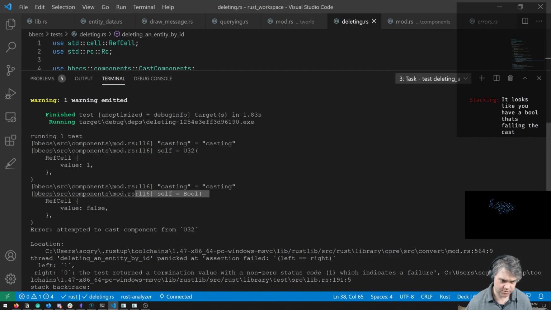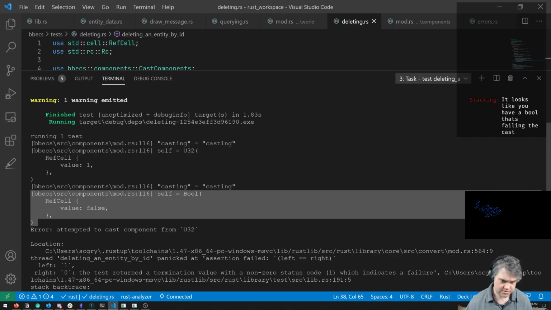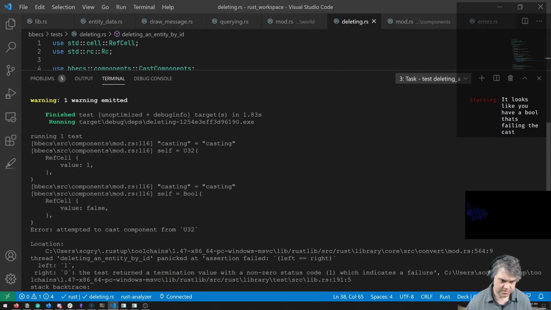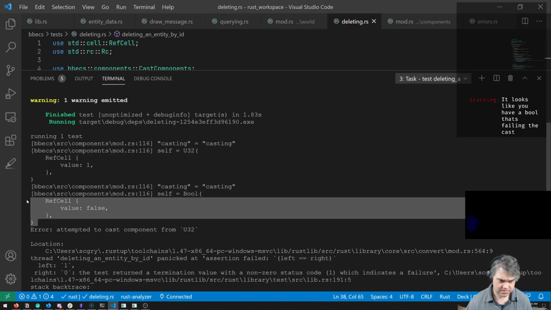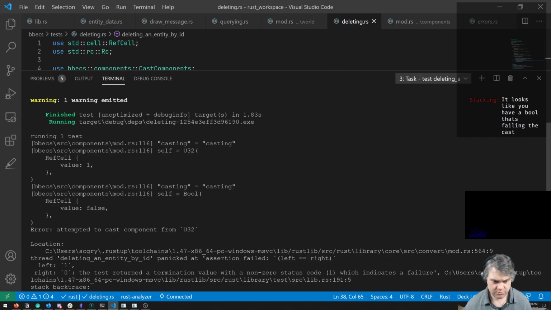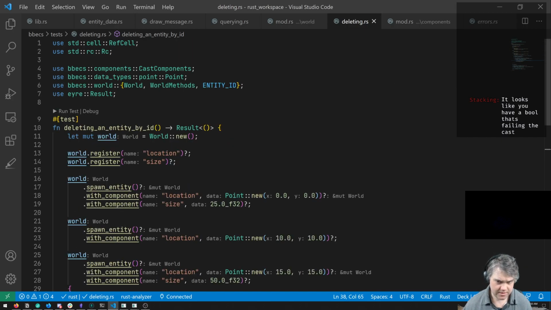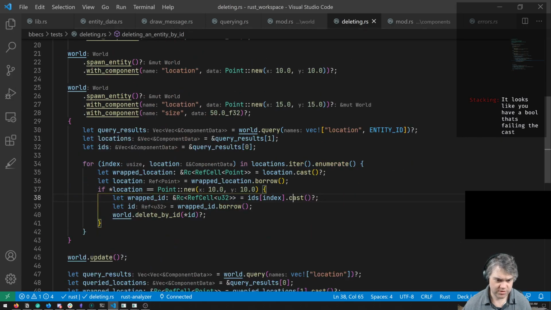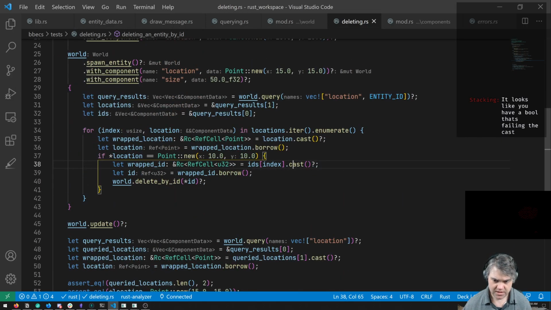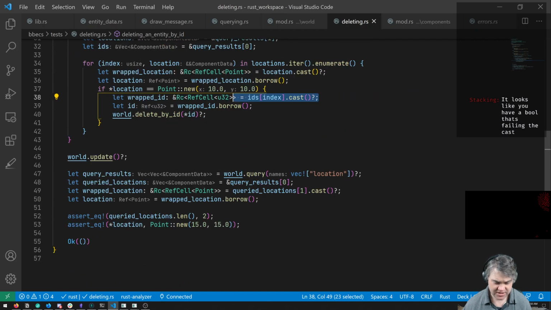Then we have this self.bool right afterwards. So in deleting, I'm trying to cast this once. Is it actually somewhere else, like down here?